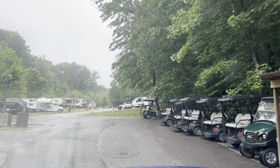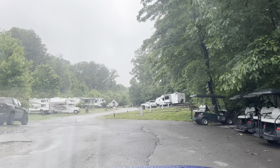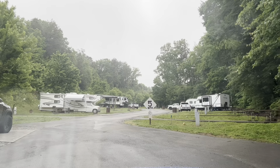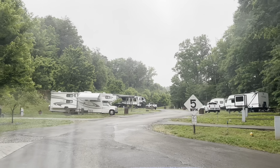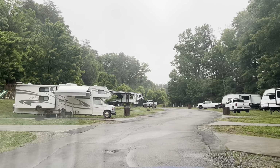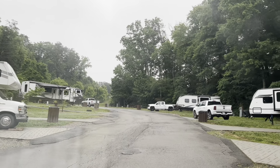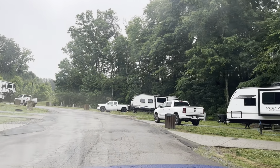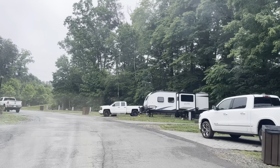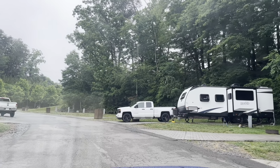Over on our left and coming up on our right, these are the bigger sites. They have stamped concrete. All of the RV sites have some sort of concrete. Most all of the rentals are fairly level. So yeah, I did not have much trouble. On our left, you didn't see it in this video, I'll splice it in, but is the first pool and